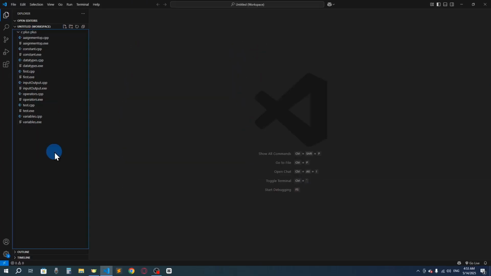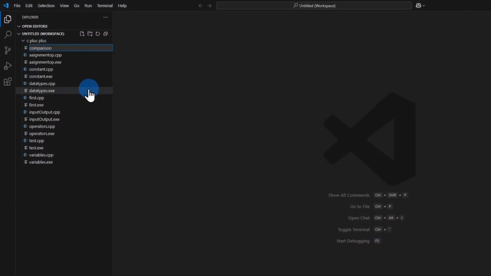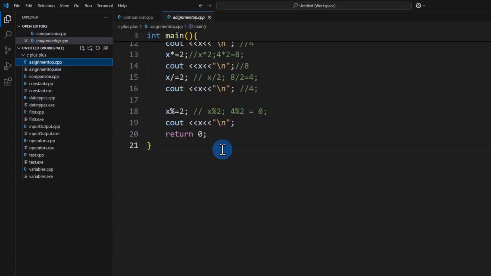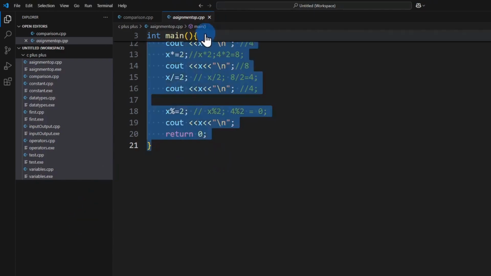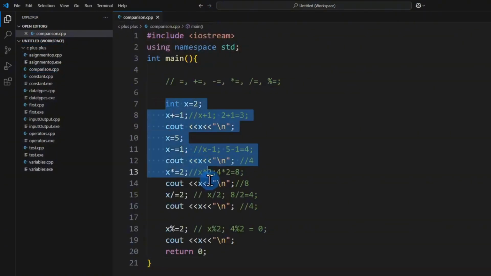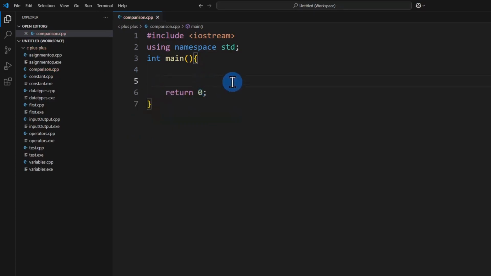All right, welcome back. Now let's go for the comparison operators. I'll create a new file here and I will say comparison.cpp. I'm going to copy everything from here and I will paste it here. I'll remove everything. All right, now